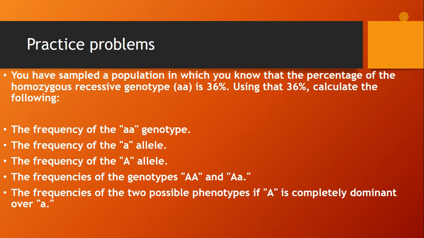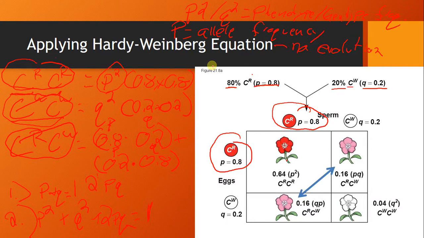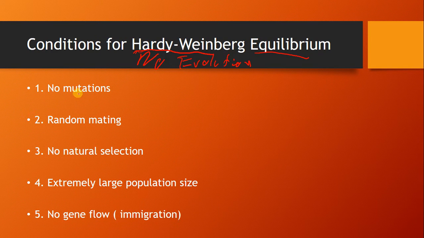Alright. There are 5 things that have to be true for Hardy-Weinberg equilibrium to be reached, for no evolution to happen. When a population is in Hardy-Weinberg equilibrium, that means there's no evolution, so these same percentages of offspring will be true every single generation. No allele frequency is going to change. 1, no mutations can happen. Remember, that is genetic variation.